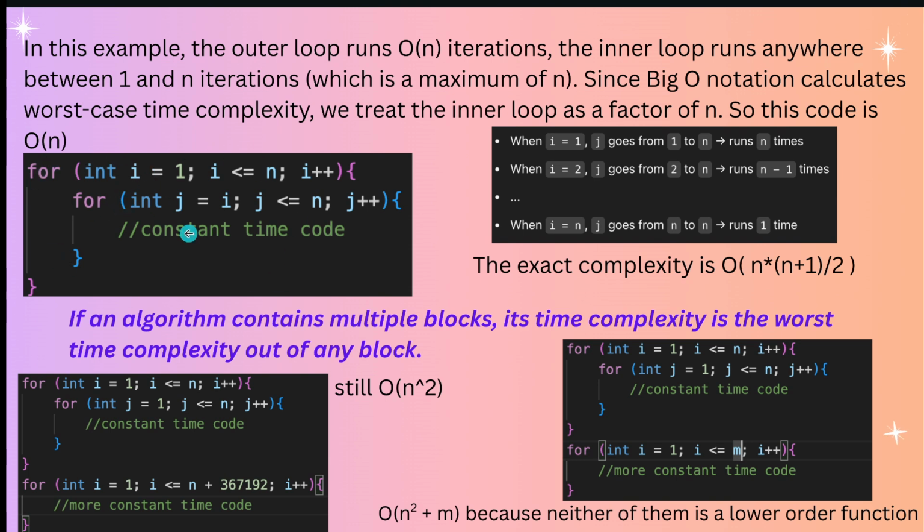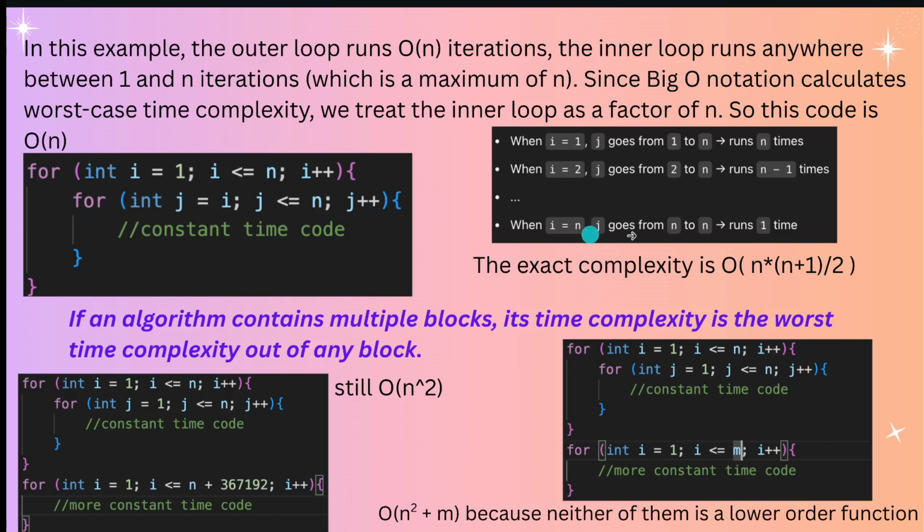So in this code, the complexity should be O(n squared). I mistyped here a little bit. But as we ignore the constant factors and lower order terms,